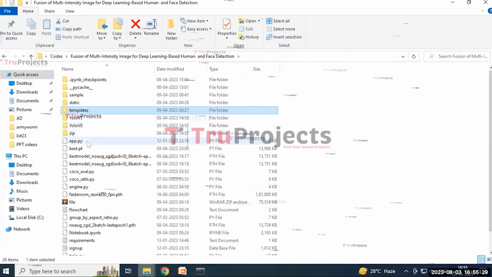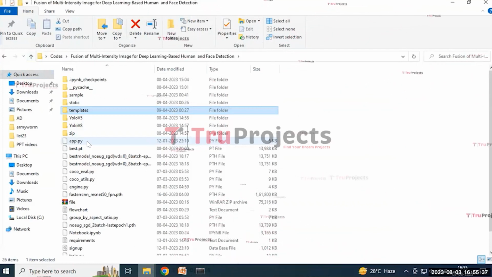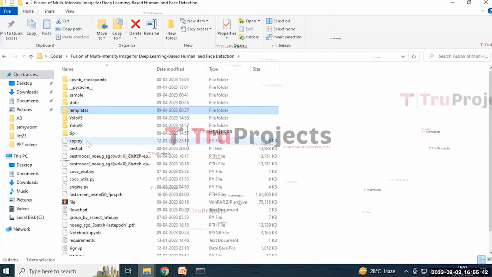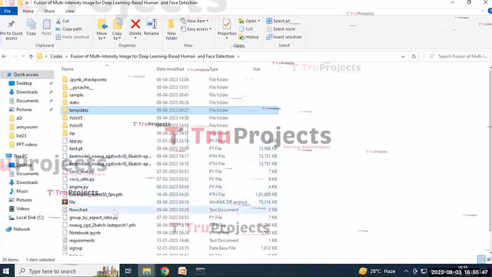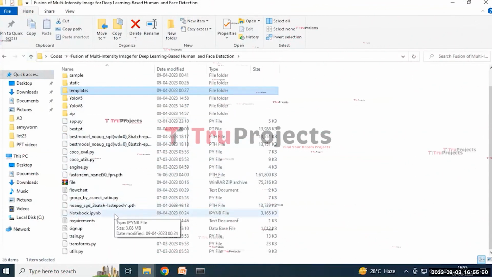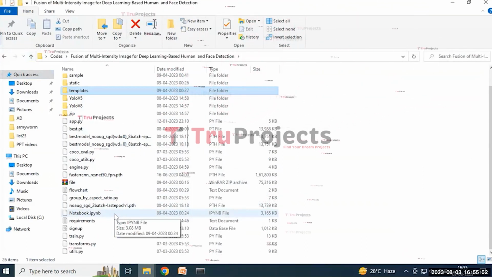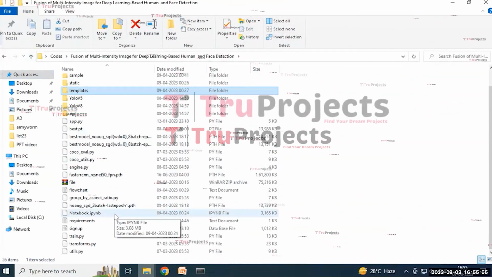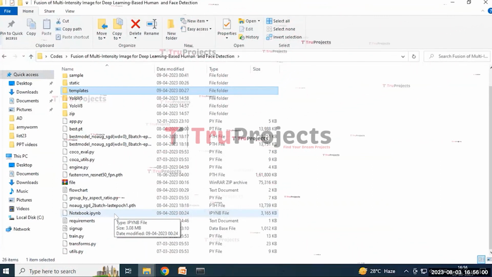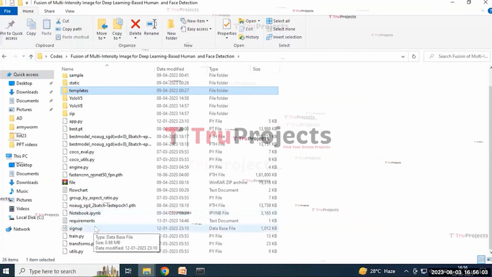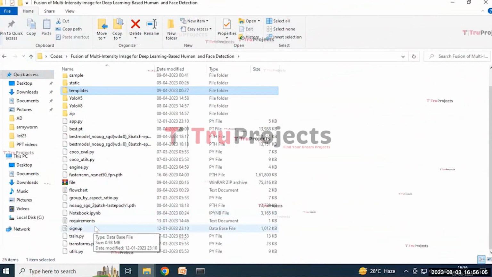the app.py file contains the algorithm information and is loaded into the project code as Python and handles the server-side operations such as processing the user request, interacting with the database, and generating the dynamic content that is to be rendered in the HTML template. And the notebook is an IPYNB file which contains the combination of code and graph output all in one place. It allows the user to write and execute the code in individual cells, making it a popular choice for data science. And the signup.db file appears to be the database file used to store the